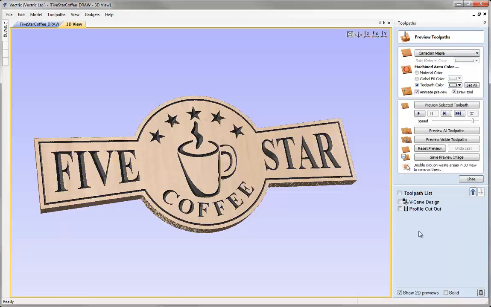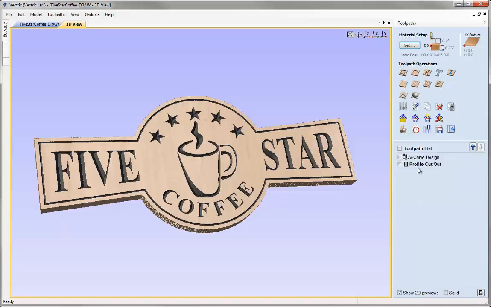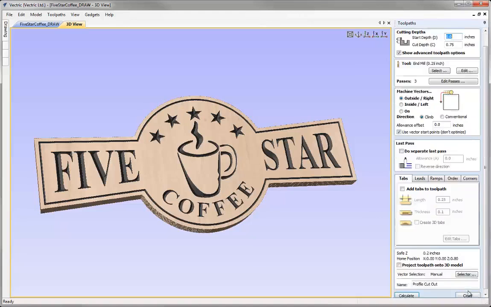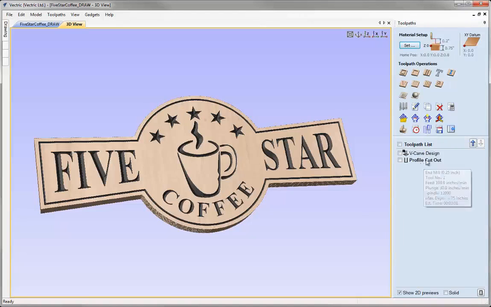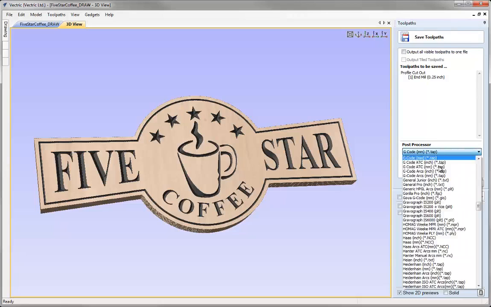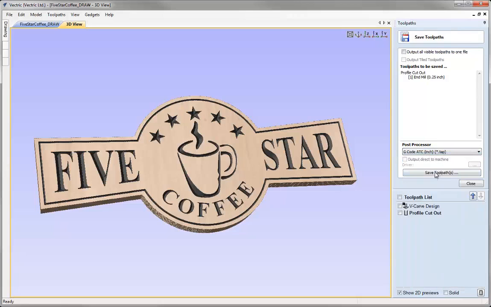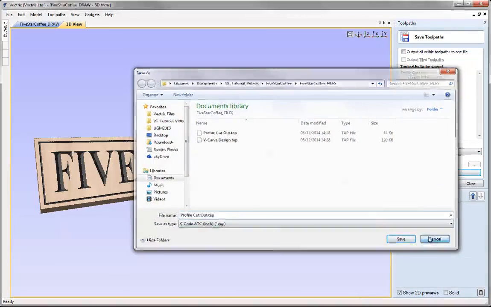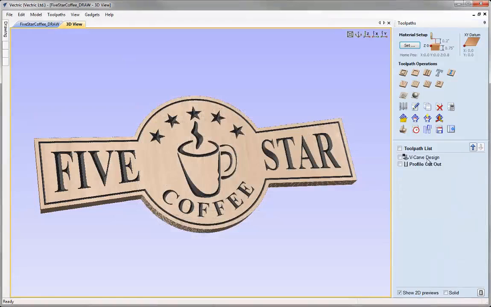So let's say we've had the go ahead from our customer. We can close the preview toolpath form. If we wanted to, we can edit our profile cutout pass and add tabs, and then we can select it and save it out. So we select our save toolpath form, and then we select our post processor, and then we simply click the save button. We give it a name, and just save it out,